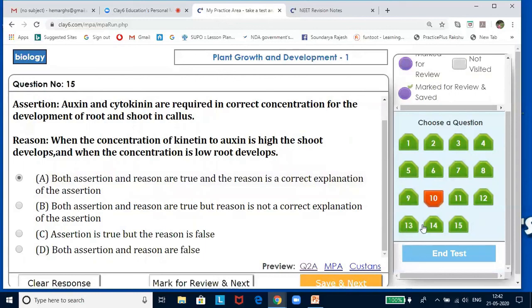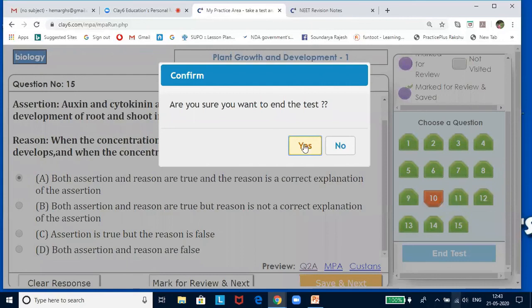So all the answers are correct. If any question is wrong, it would be indicated by red. If you click on that question number, whichever shows the red color box, there you will get to know the correct answer. It will display your answer and the correct answer. If you have not attempted a question, it is going to give you the yellow color. When you see the yellow color, it means you have not attempted the question. You can click on correct answer with explanation.